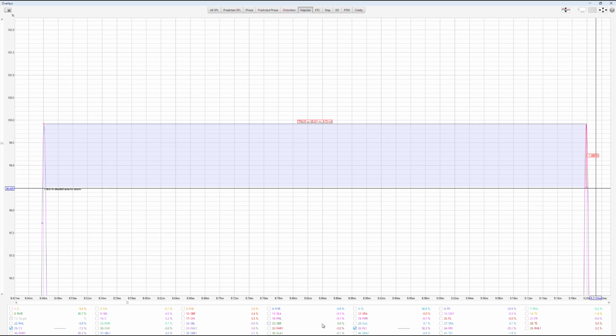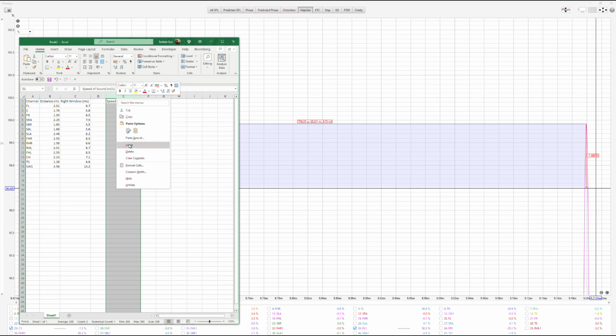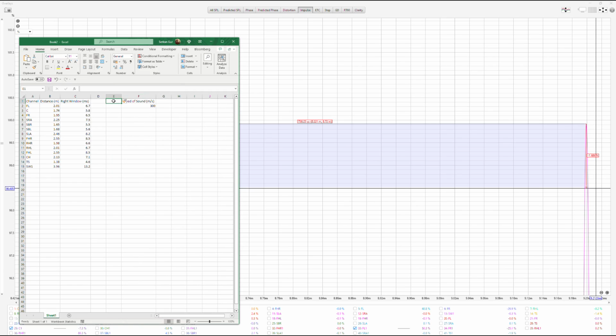Okay. So FL was 2.01, and let's add here difference. This was to the left of the front left speaker, so this was minus 0.2221. Actually, it is 22. Okay?